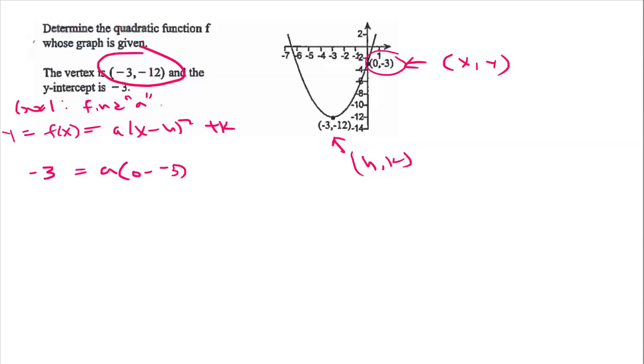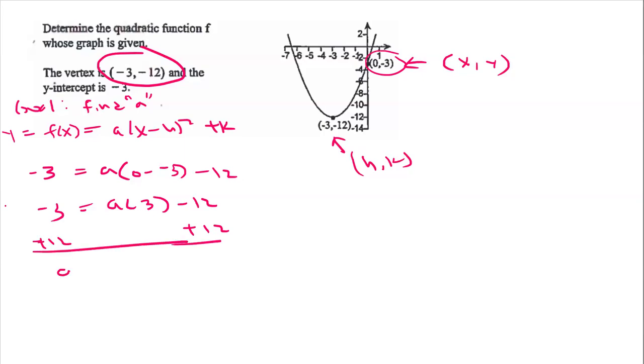And then we have a plus k, which is a -12. All right, so we have a, and then two negatives give us a positive, so it'll be a +3 minus 12. And then we're going to add 12 to both sides. So that gives us a +9. And then a times 3 is just 3a, and then divide both sides by,